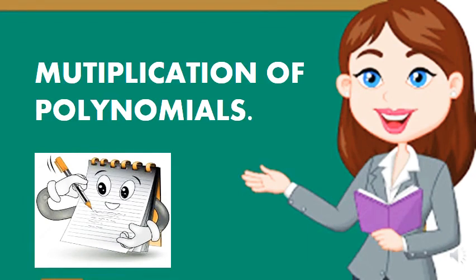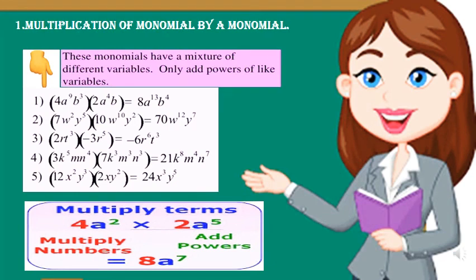So now you all know what is a polynomial, isn't it? Polynomials can be classified as monomials, binomials and trinomials based on the number of terms. So now you will be learning how to multiply these polynomials. We shall start with multiplication of monomial by a monomial. All of you know what is a monomial, isn't it? Monomial means an algebraic expression which is a polynomial basically, which will have only one term. Now you will study how to multiply these monomials, that is monomial by a monomial.